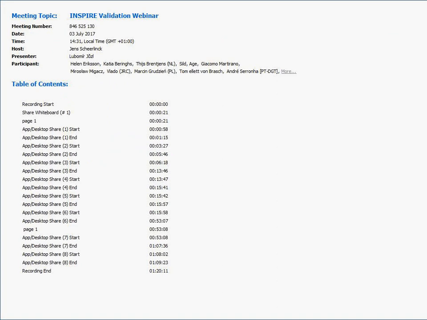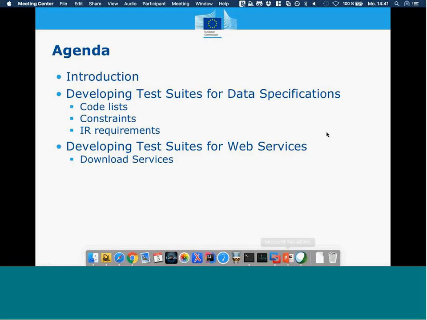The focus of the webinar today is to give a short update at the beginning on the recent developments and additions to the validator that have not yet been released to testers and to the public, but then to focus most of the webinar on explaining how to develop additional tests, taking some examples from the data specifications, from metadata testing and from services as well.